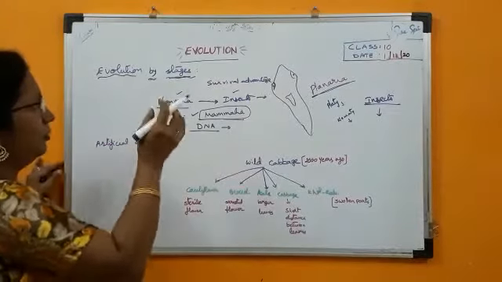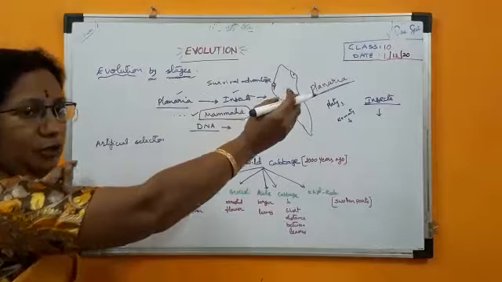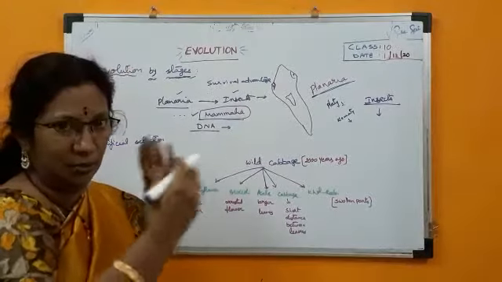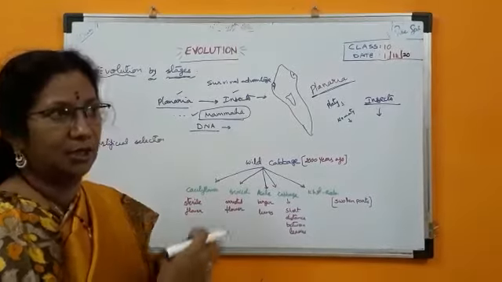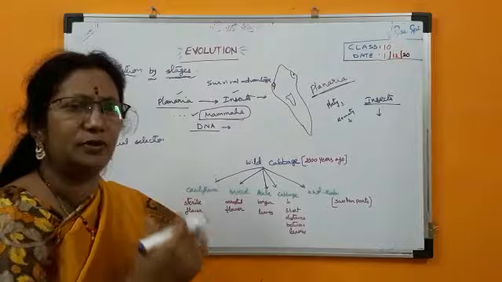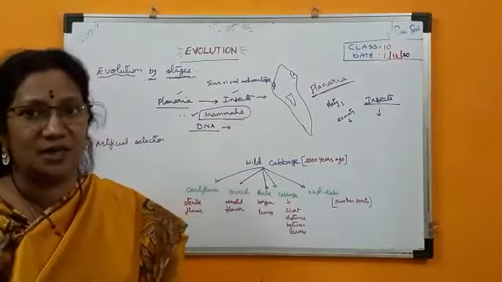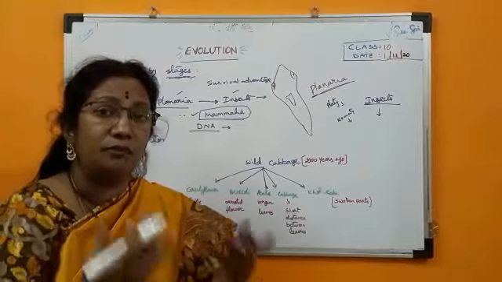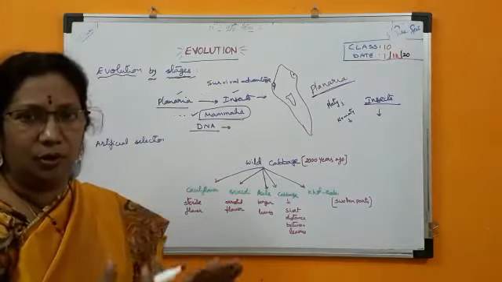Next, you can say that we don't have that much waiting capacity. We can't wait that many years for nature to select, or the earth to select, or animals to select. We don't have time because our lifespan is very short. Maximum 80 years we will survive. So in these 80 years, whatever we want to get, we want to select it.